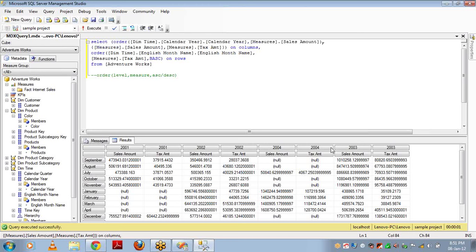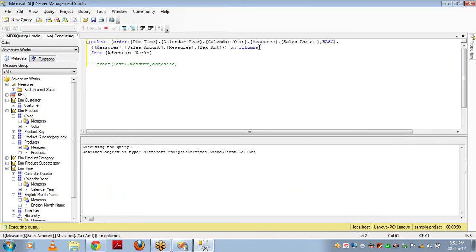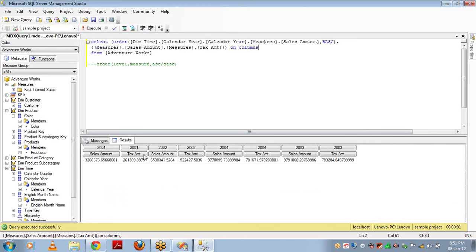It is not that you have to use the order only on the rows. You can use the order in columns too. So I'm specifying the ascending here. And if you want to get the proper value, then let me remove either the rows or the columns, and then you can see the data properly. For example, let me delete the rows in this case and see whether it is ordering or not.